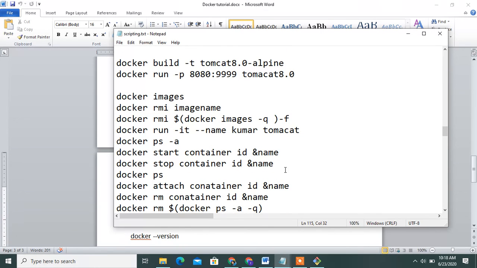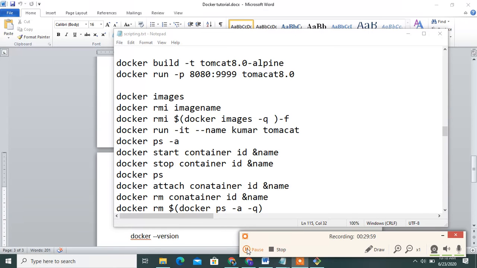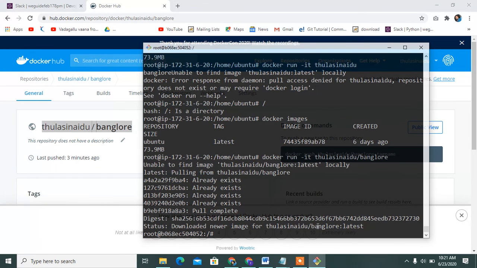Please go through, guys, observe it carefully. I think you understand all these topics: how to create the image, how to run the Docker container, how to push to Docker Hub, how to delete the images, how to delete the containers.